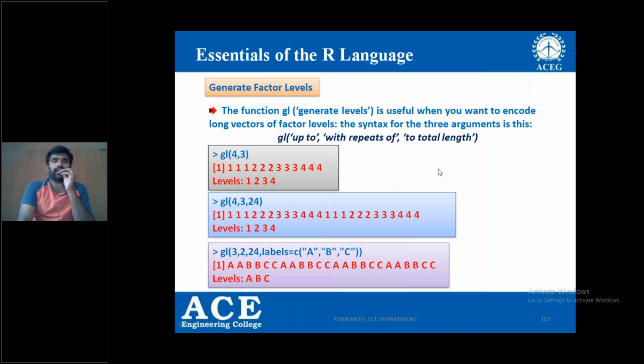Factor levels in the sense, first of all, what? For example, if I define a vector, let me take the same simple example I have taken. In the class, out of 120 students, 30 students got 5 marks and 20 students got 10 marks, and there is no value in between 5 and 10, rounding up to 10 marks.